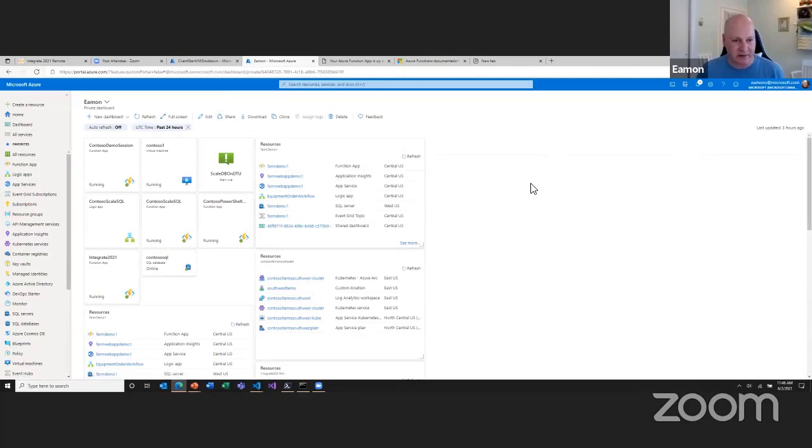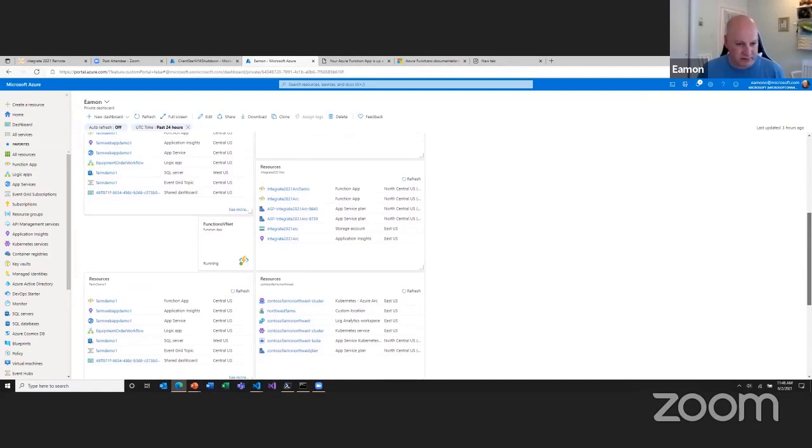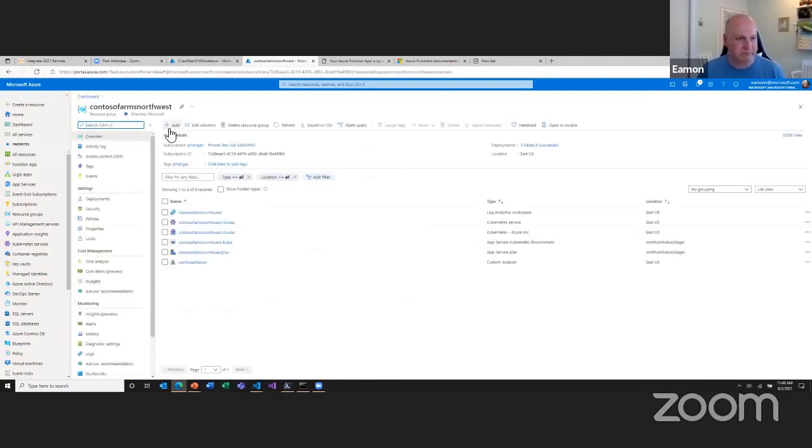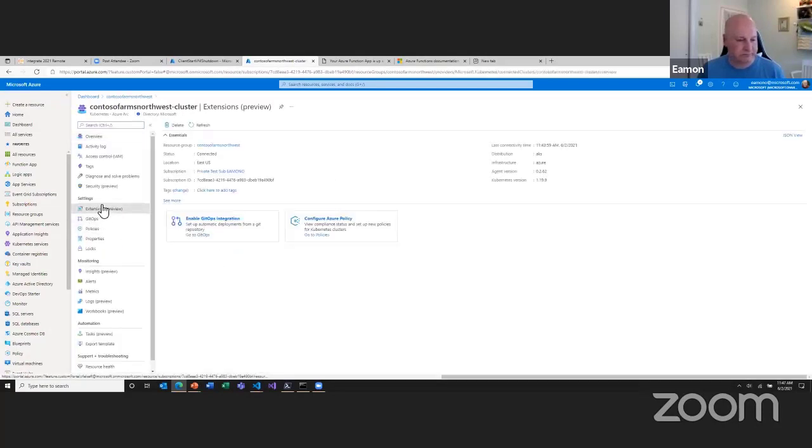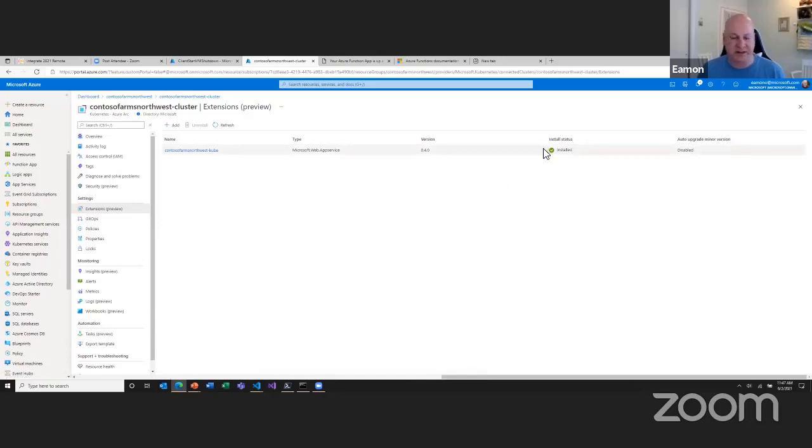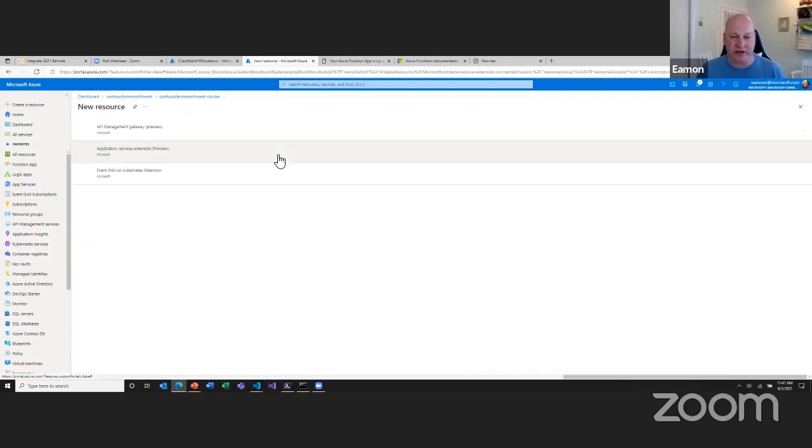Oh, let me just go back to when I had created that. So there you can see it's installed and running. That's where I deployed that function app. But I could also go and add other application services onto that Kubernetes environment inside of here. So that API gateway, you probably saw with API management demos, but also Event Grid. And so I can get Logic Apps, Functions, Web Apps, Event Grid, and API Management onto that Kubernetes environment.